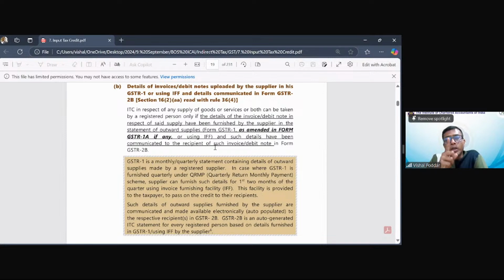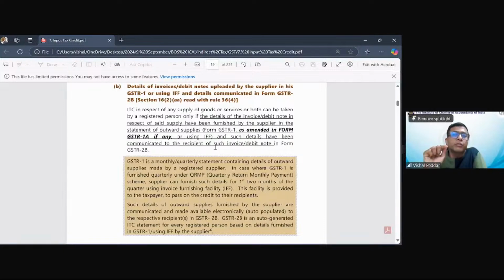Action of what? Now you watch these getting auto-populated in your 2A, 2B, and also IMS. But now you have to say, yes, I agree to this. Accept, accept, accept, accept, accept. And where you feel some invoice is not related to you, it has wrongly come in your portal, because somebody while uploading the invoice has wrongly put your GST number, it may happen, or the invoice has some defect or problem and you don't accept that invoice, you have the option of decline or reject.